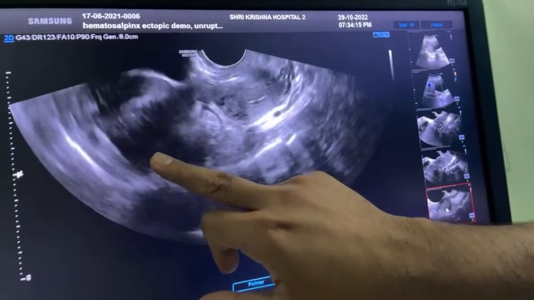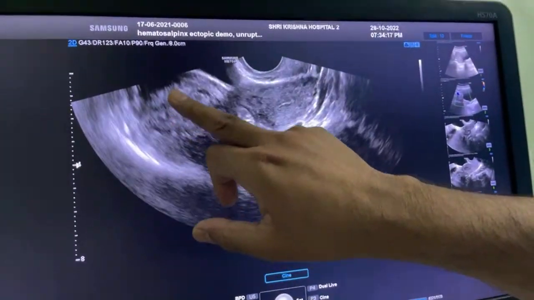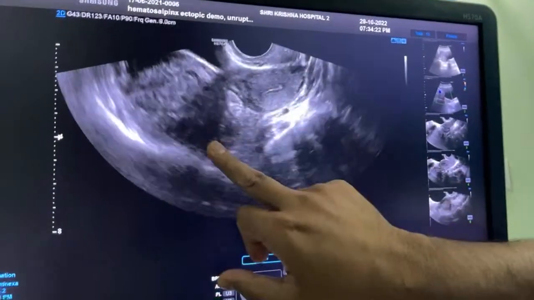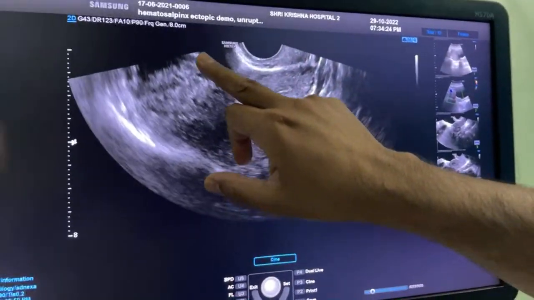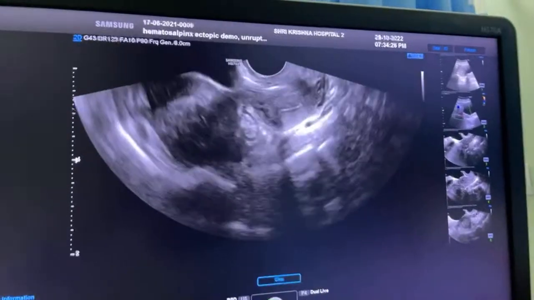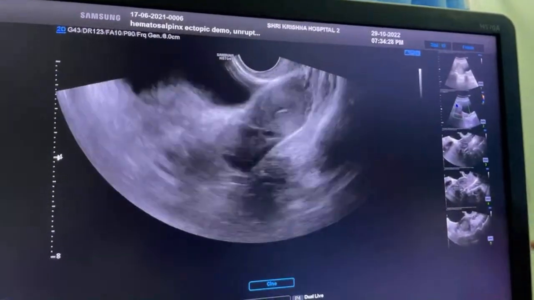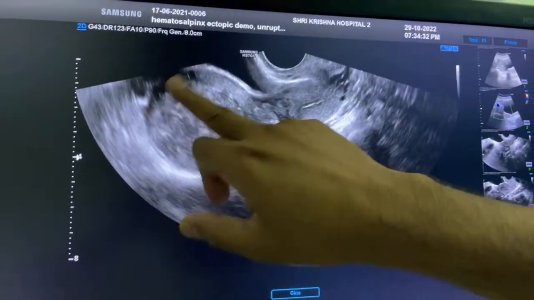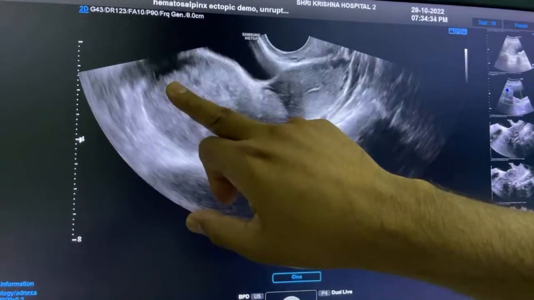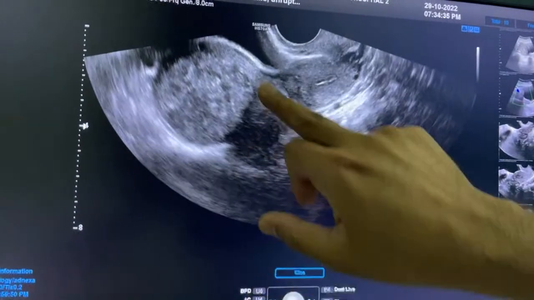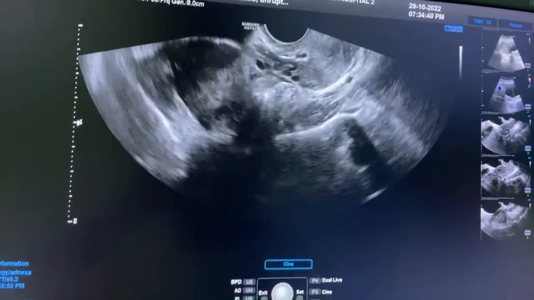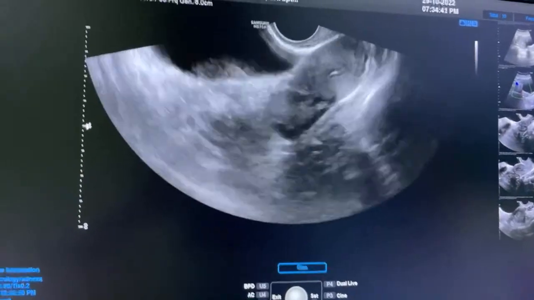Just try to see its characters, more echogenic, try to see the outline. The tube is echogenic, and the tube boundary is slightly hypoechoic, the fallopian tube. It is crystal clear. Why is it confined? It is confined by this margin of the tube.